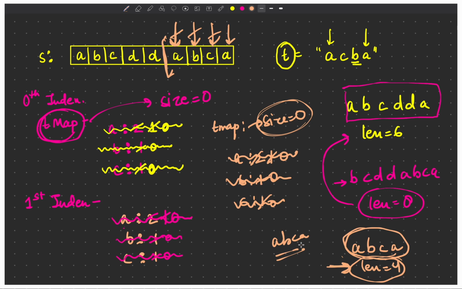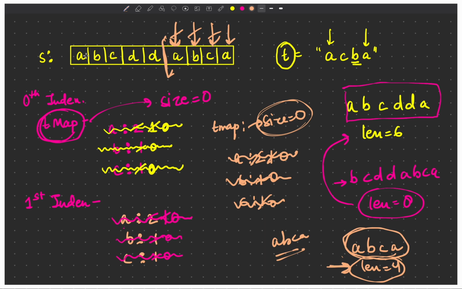So basically what we are trying to do, at every index, we are creating one map with the frequency of each and every element present in the target string, right? Now from that point, we are seeing the occurrences of characters in the target string, right? So since we encountered some character in string S, we'll decrement its count.